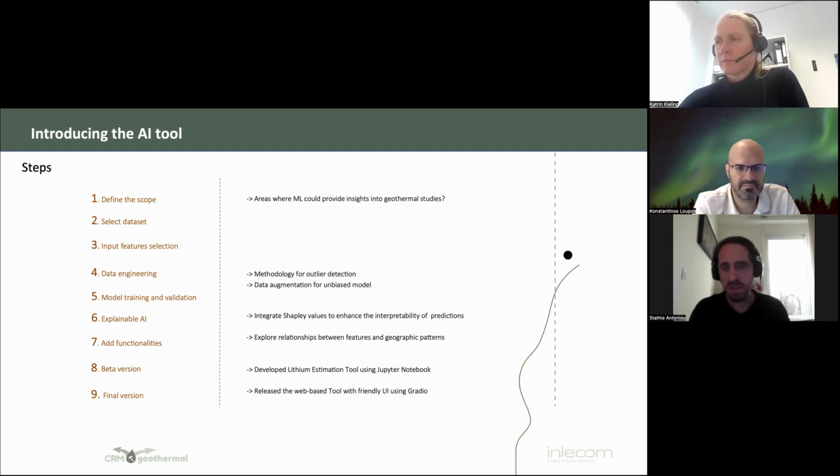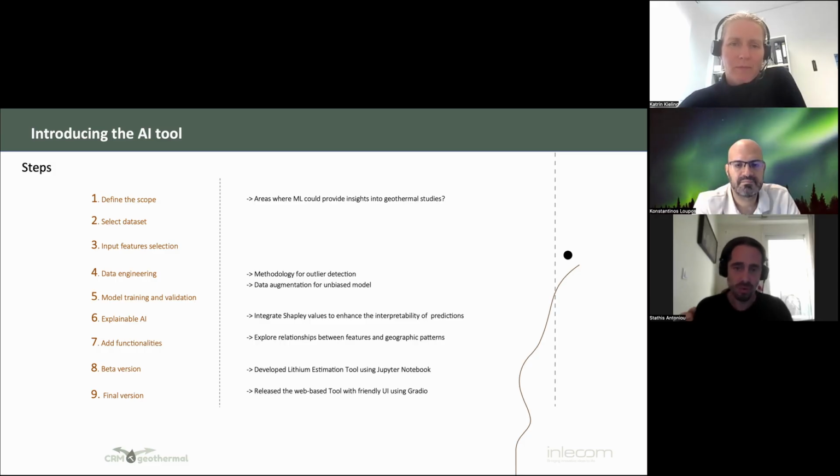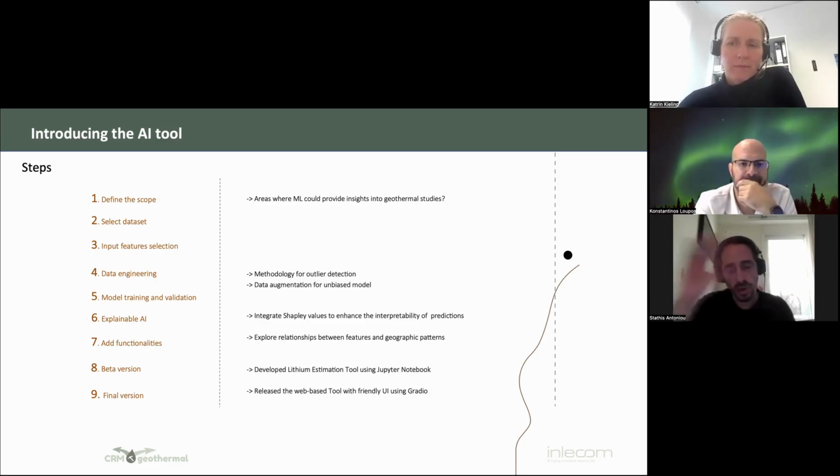Afterwards, we developed the tool. The initial version was using Jupyter Notebook, and then the final version was a web-based tool with a friendly user interface, where we used Gradio, which is a very nice tool for passing from Jupyter Notebook to a web-based tool.